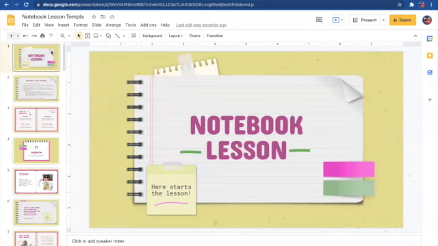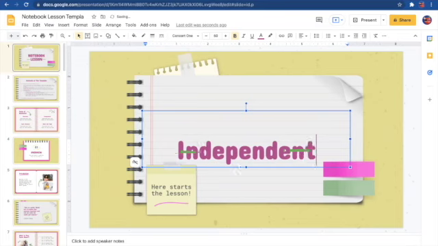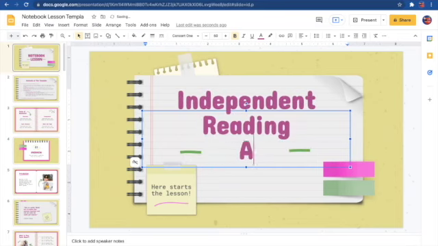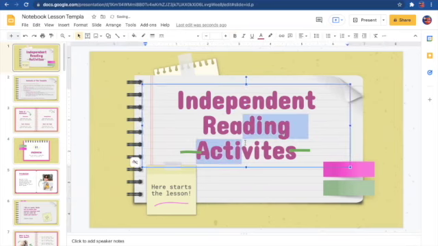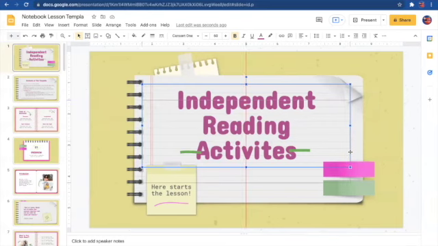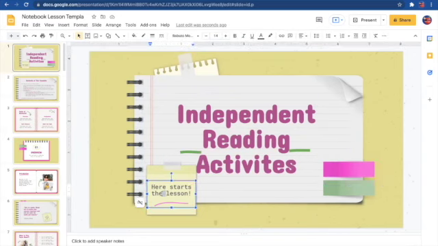Once you've got your slides in, you can change anything. So if you don't want to call it notebook lesson, maybe you want to call it independent reading activities. If that's what you're going to set on the slide, and you're going to set it for your students to do independent activities while you work with other groups. And you can just reposition things so that they are where you want them to be. You can remove anything you want, change the font anywhere,